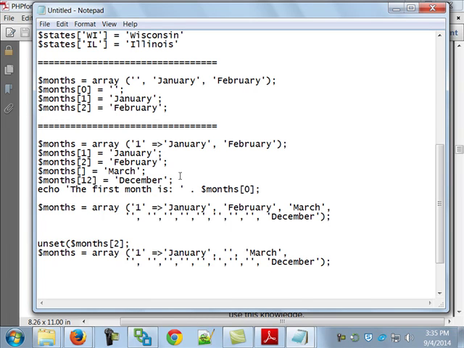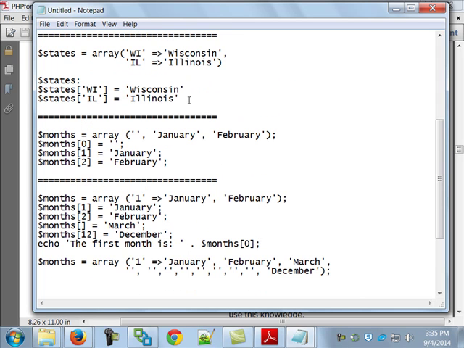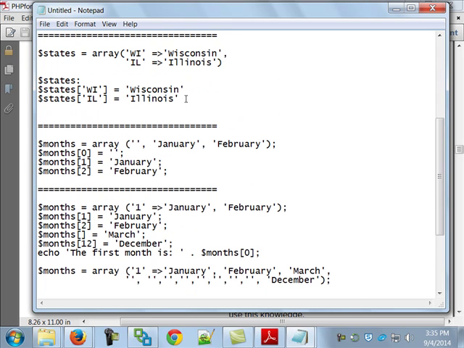And that would say the first month is January. Exactly what you'd think. Down here, if I wanted the first state, I'd say echo, let's put it in double quotes, the first state is, but now I can't say $state sub-0. I cannot do this. That doesn't make any sense to the system. So I'd have to say